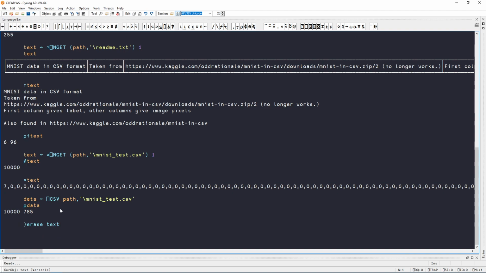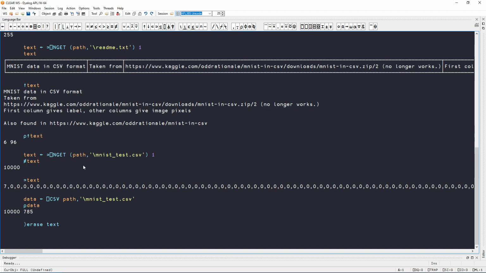Now you might have noticed that it took a couple of seconds on my computer to load this, and on your computer it might be faster, it might take longer, or it might not even work. It might give a WS FULL error, saying that there's not enough memory in the session to load the whole thing. It's not saying that the computer by itself cannot handle it, it's just that APL was not configured to have